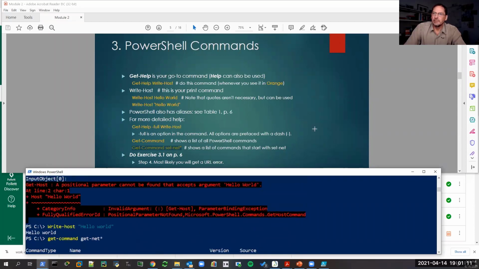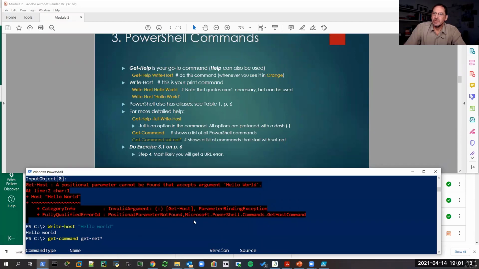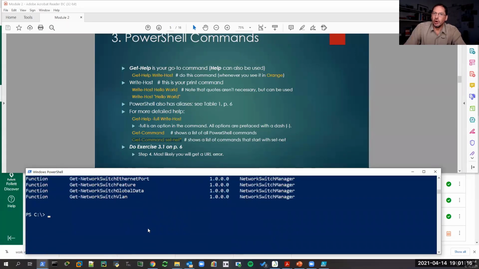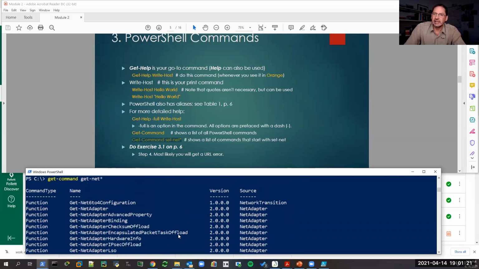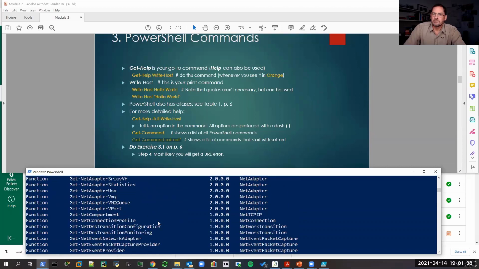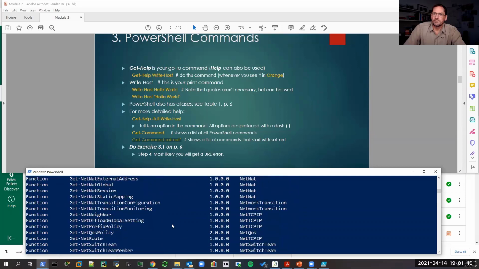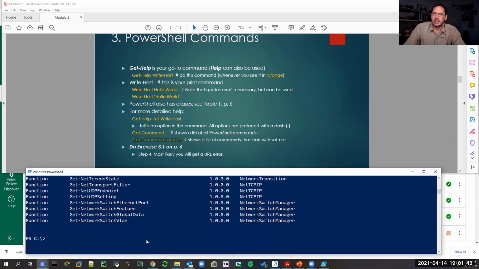Okay, so if you know that what you want is related to the network in some way, but you're not sure exactly how to end the command, then you can just do a get command, get-net star, and it's going to list all those commands for you. And of course, you can then get help on any of the ones that you want to see more information on, like